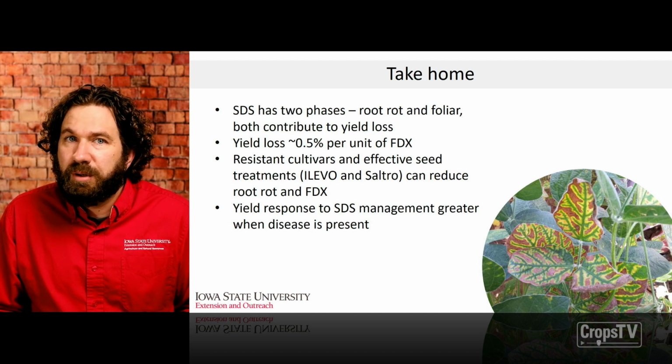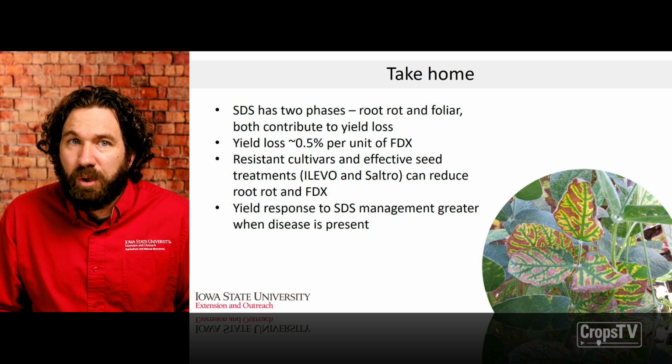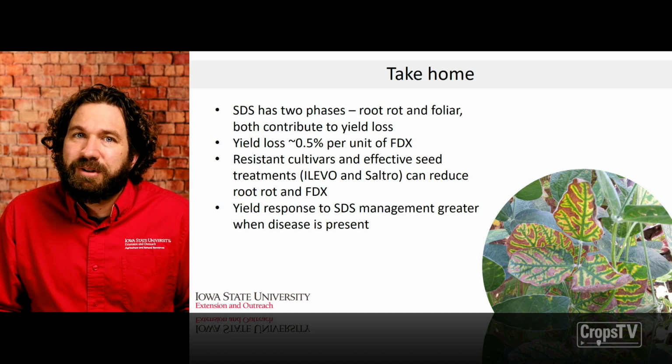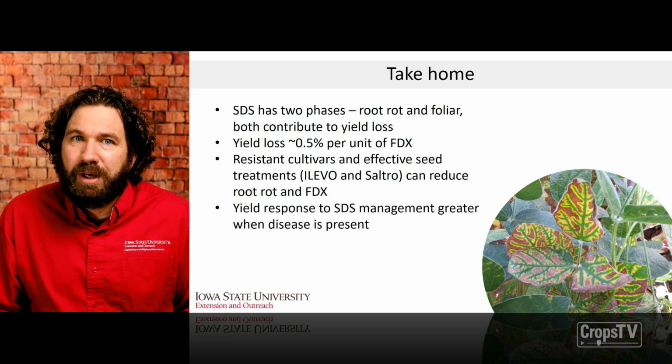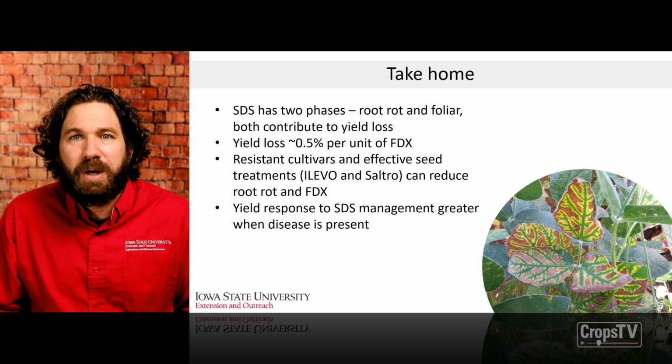Both resistant cultivars and effective seed treatments work. They can reduce root rot. They can reduce foliar symptoms. But I would say there are differences. And then as we learn more, I think that most of the varieties, if they say they're resistant, they'll probably reduce foliar symptoms. We might need to do a little bit more homework on the side of that root rot